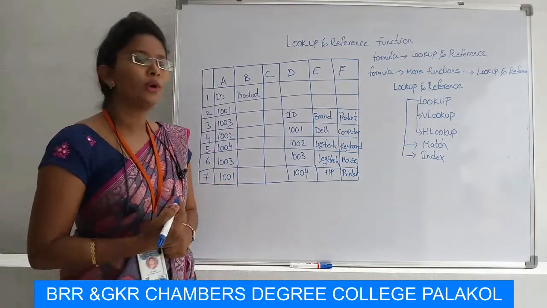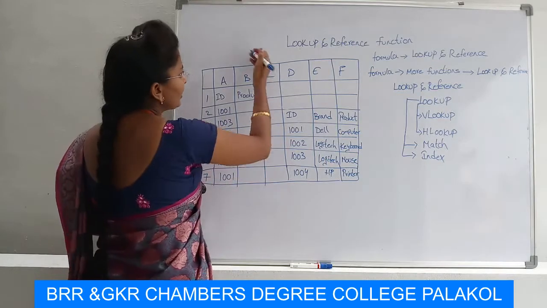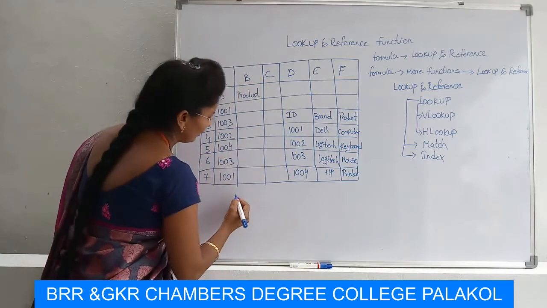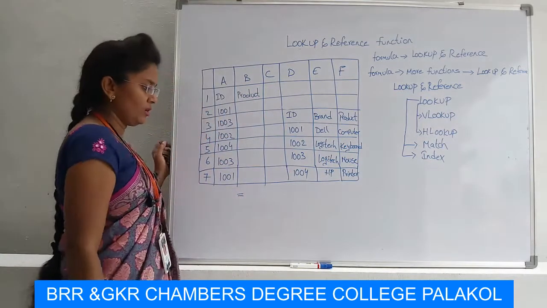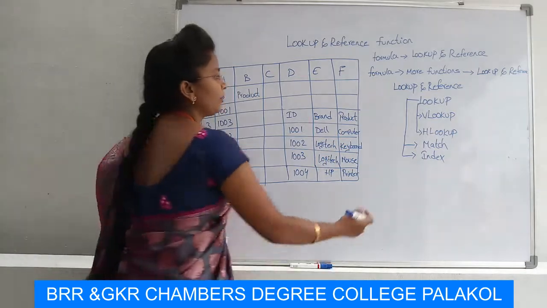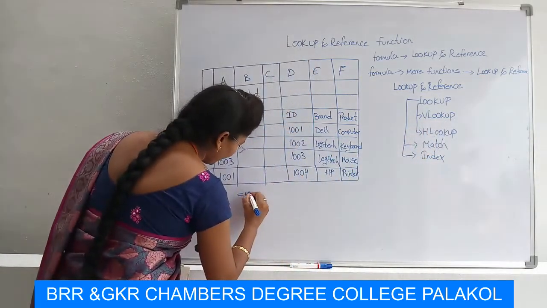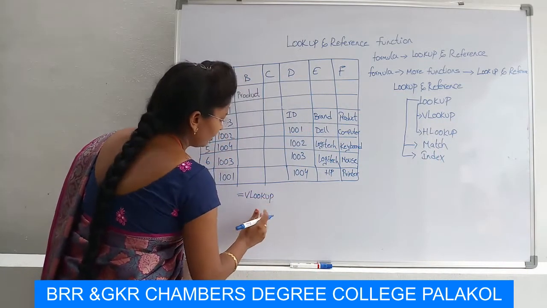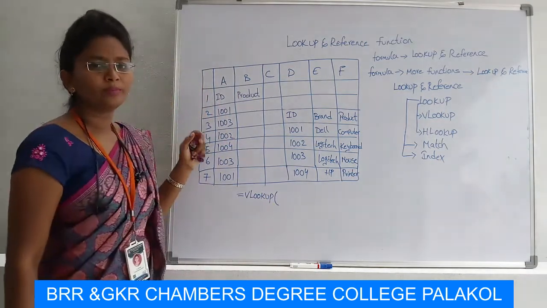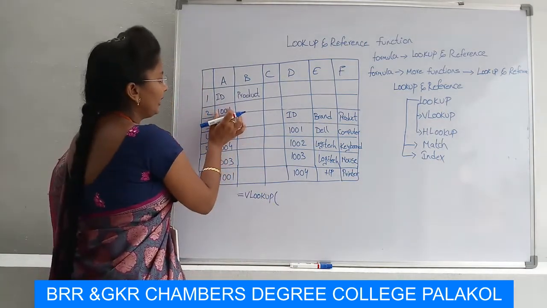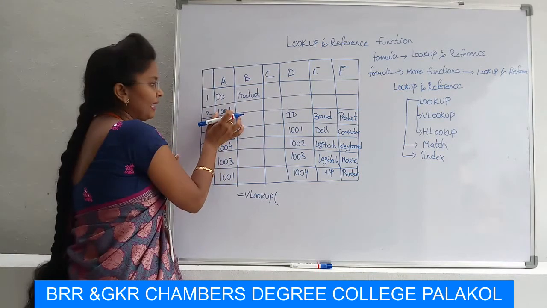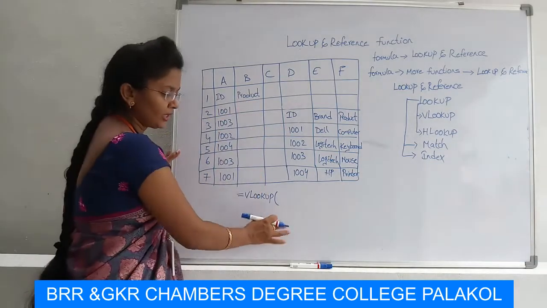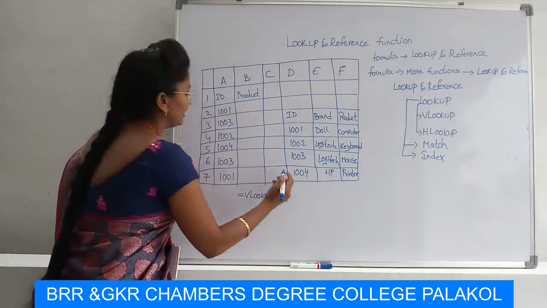Here I have to enter the formula for this data. It is not convenient for me, that's why I am entering the formula at the bottom side. For VLOOKUP, we have to take the function name like VLOOKUP bracket open, and then the A2 cell I am taking here. Why I am taking the A2 cell means I have to fill all these product names by using the formula. That's why I am entering the A2 cell,